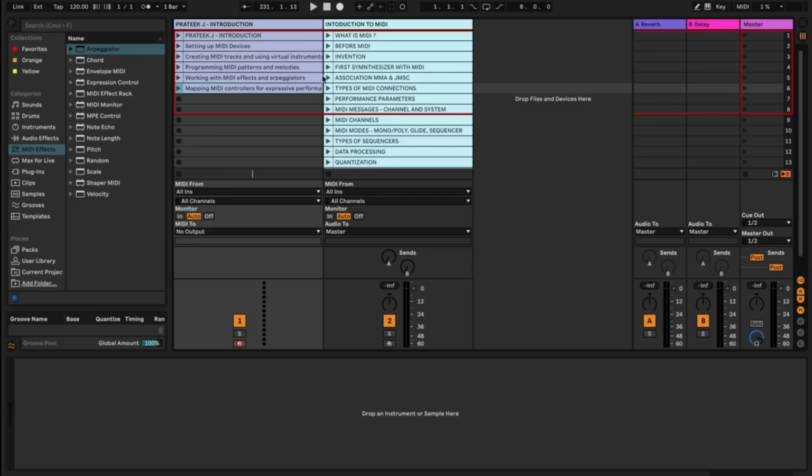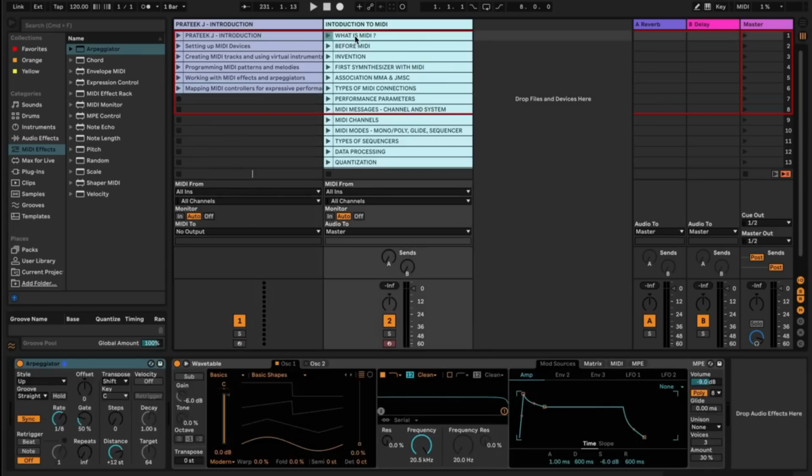Let's get started. What is MIDI? What is the definition of MIDI? MIDI stands for Musical Instrument Digital Interface. It is the digital communication language that is a protocol developed to send and receive music performance data to and